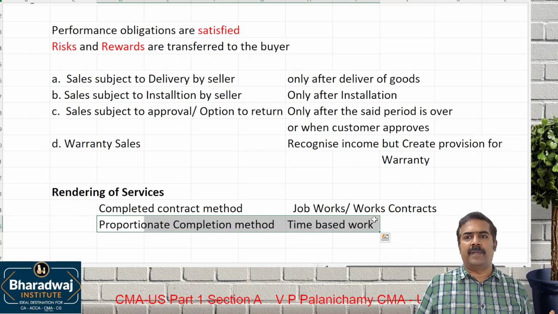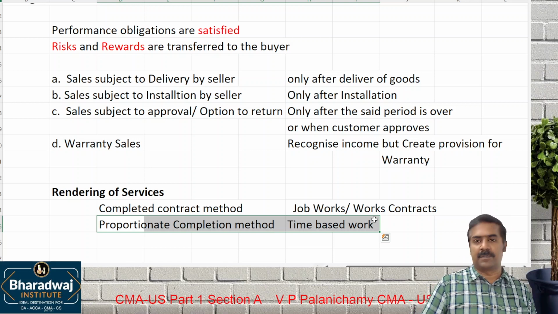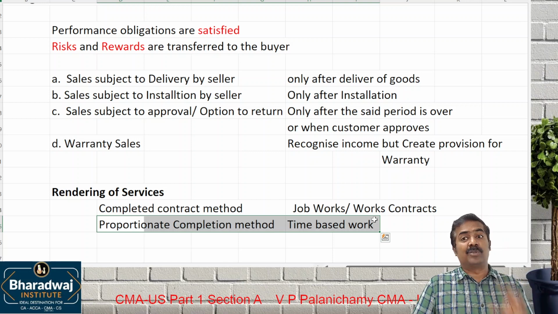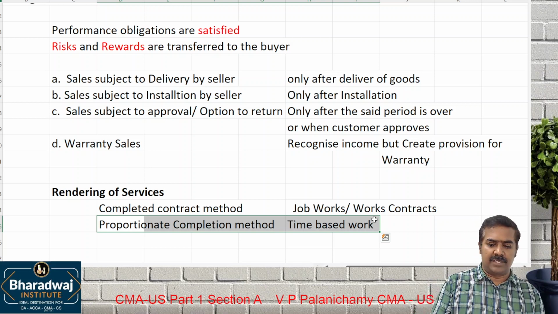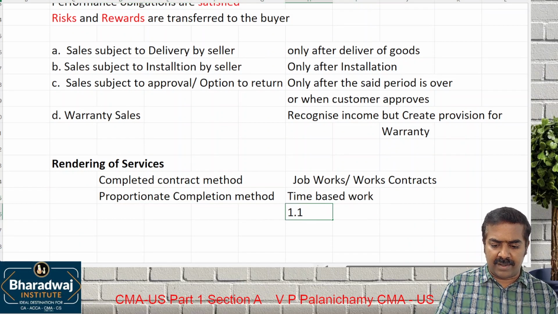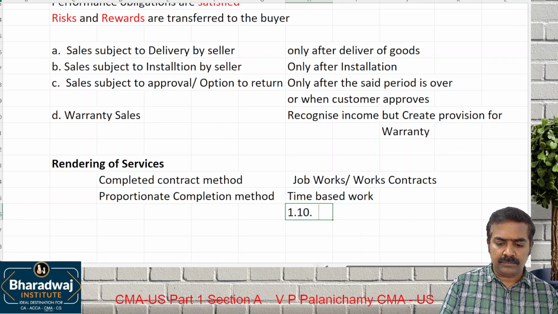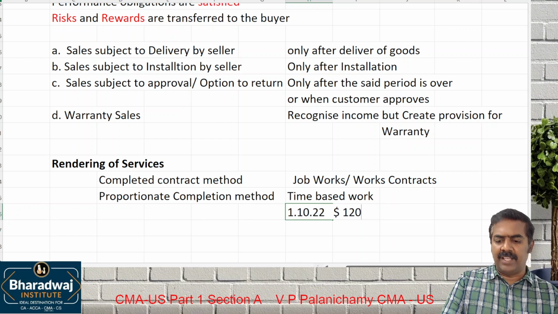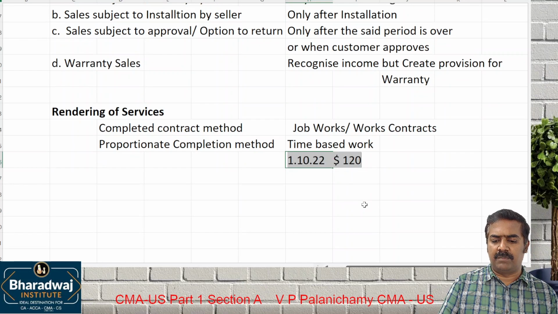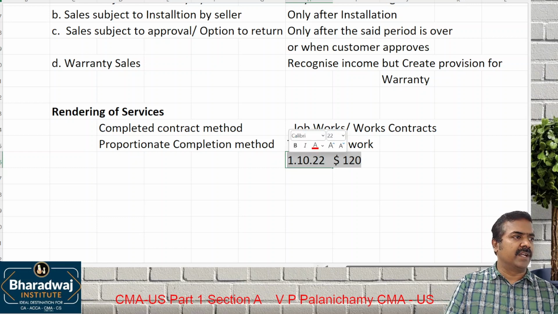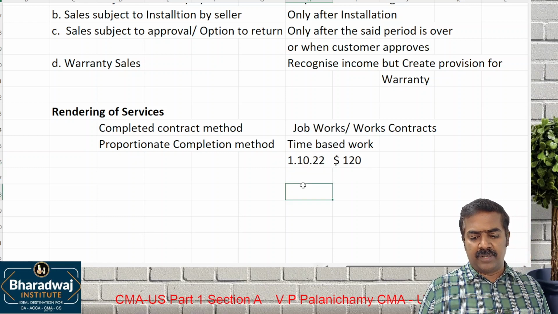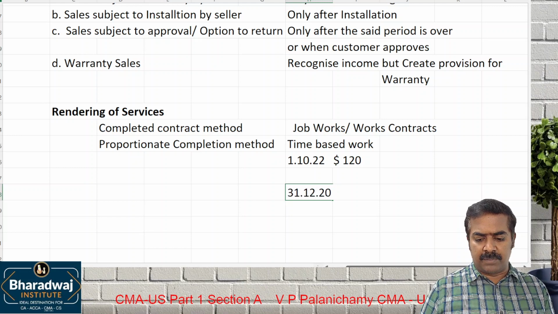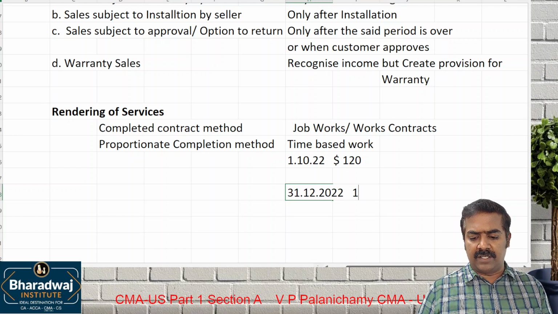The same applies to subscription services. For example, you are paying for a Netflix or Amazon Prime subscription for 1 year. How will Amazon record the income? You pay 1,500; will they take the entire thing as income? Let's assume a customer has paid on 1/10/2022 $120 for 1 year of premium subscription services. It may be for Netflix or Amazon or whatever. When you prepare a balance sheet on 31st December 2022, how many months are over?